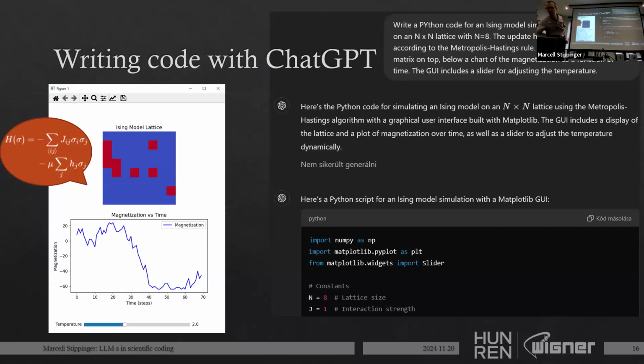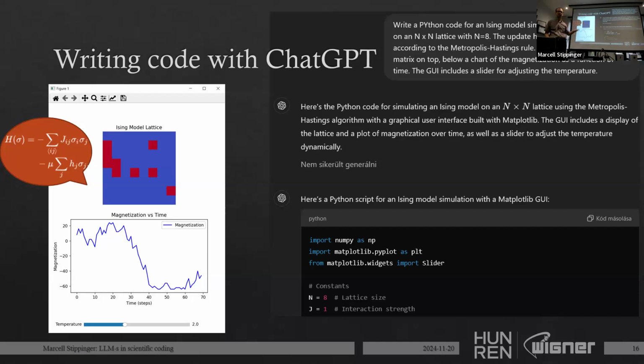So here I asked the model to write a Python code for simulating the Ising model. I give the lattice size, so it hints the model to have a named variable which represents the size of the lattice. And I provide the update rule only by name,